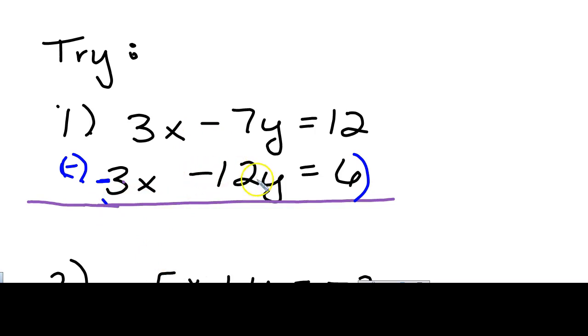So here we have negative 12y. Multiply it by negative 1, I'm going to get positive 12y. 6 times negative 1, I'm going to get negative 6. So here's your new equation, negative 3x plus 12y equals negative 6. You can eliminate the x's now in order to solve this system of linear equations. Okay. Go ahead and give it a try. Assuming you paused the video and you tried these, at least the first couple,